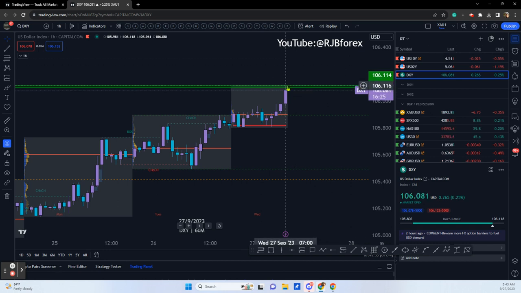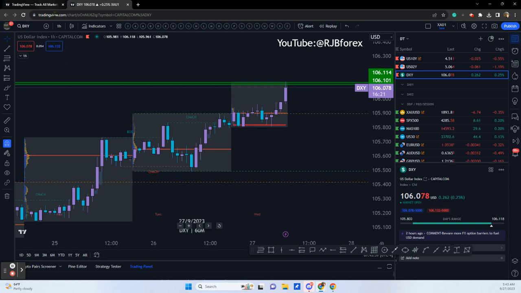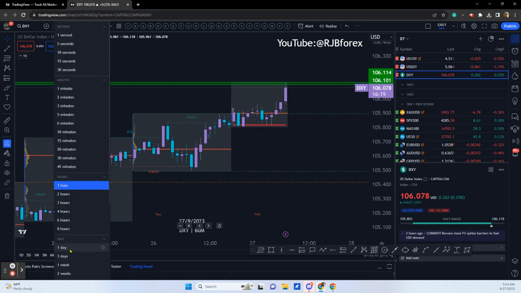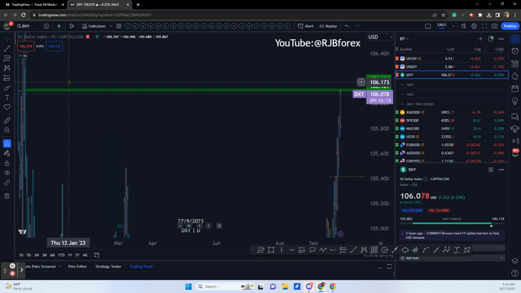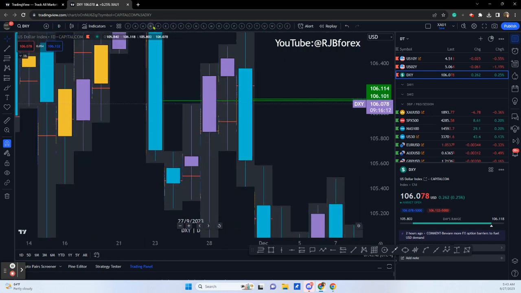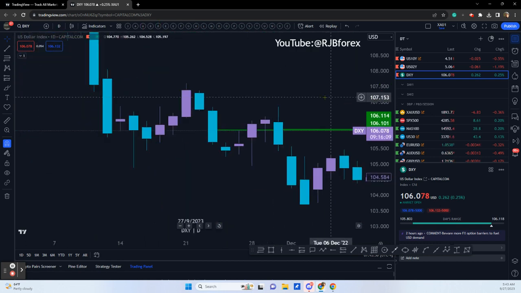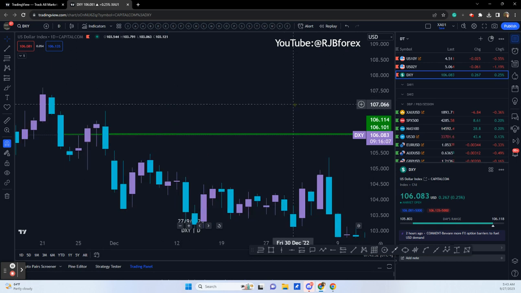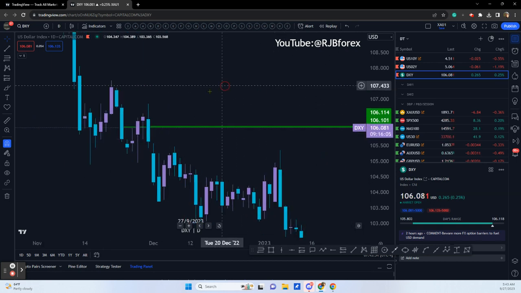The US dollar has come up into a key area that I've identified way back in November. And if we pull that chart up, if I just take this to a plain basic chart, this is the high of the day pretty much. And if we pull that back to